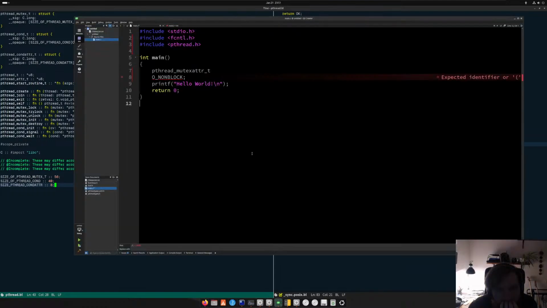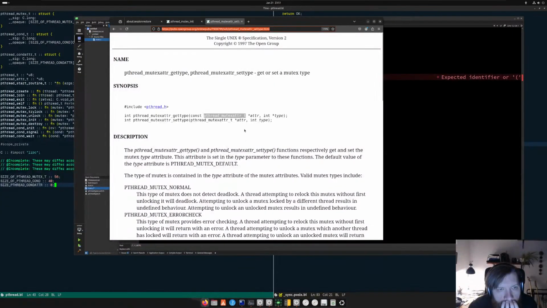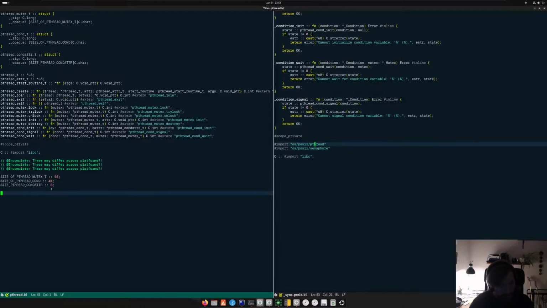Mutex attribute, yeah. It has to be allocated on stack, I guess, so I need the type. So it will be struct, and the content is actually